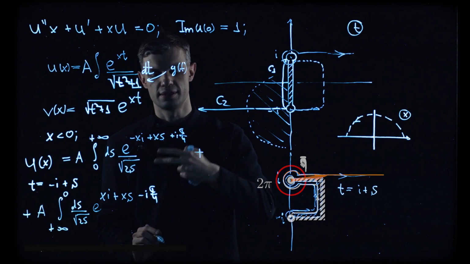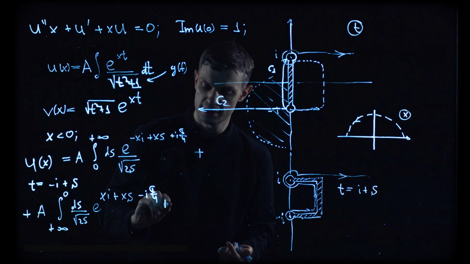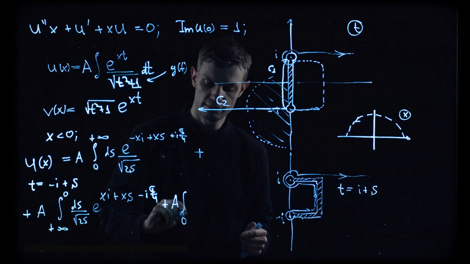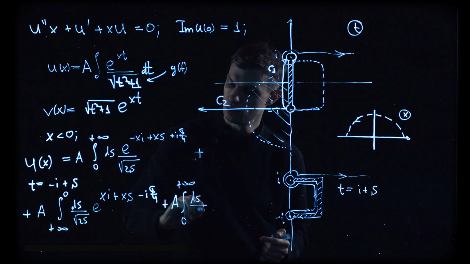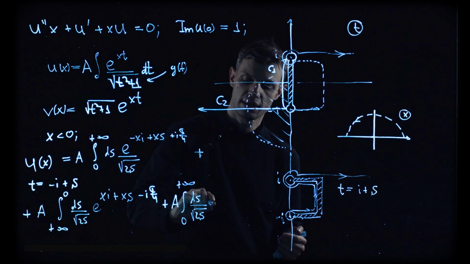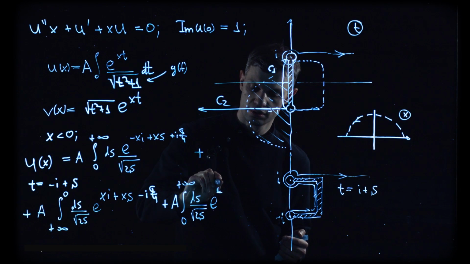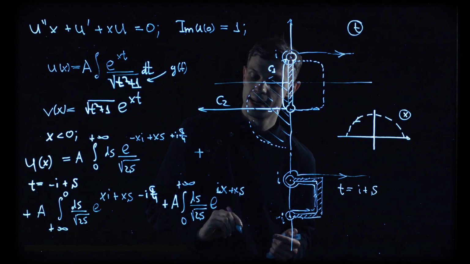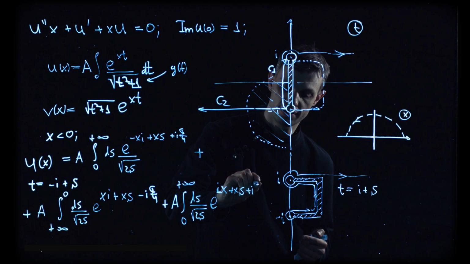Square root gives us minus 3 pi by 4, and in the end, we get the integral from 0 to plus infinity ds over the square root of 2s e to minus ix, is plus sign, plus xs, and plus I 3